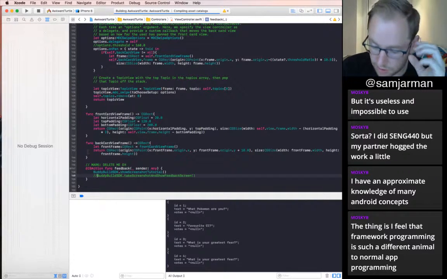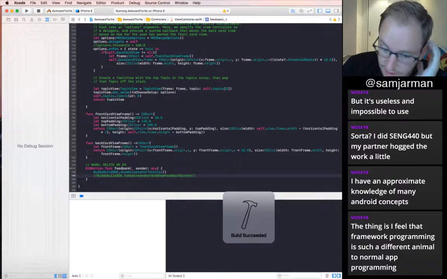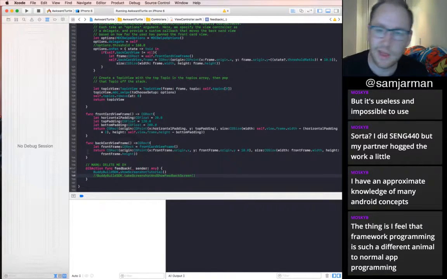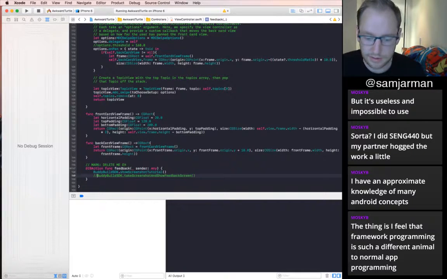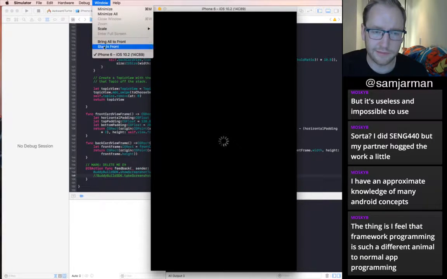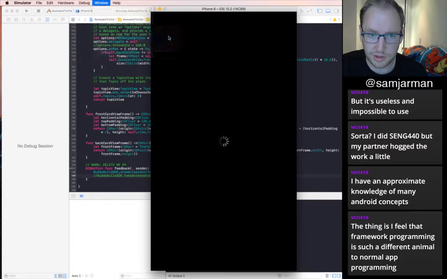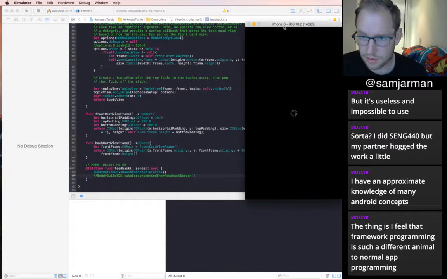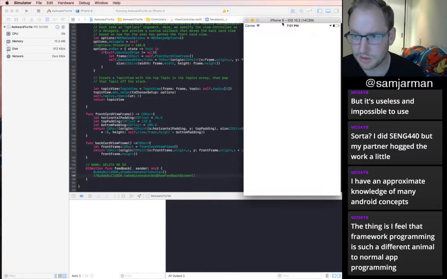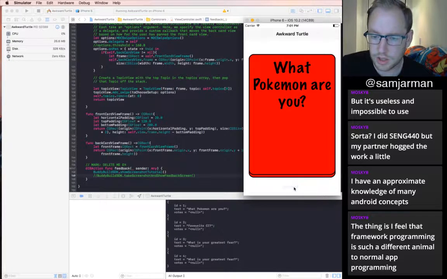I feel that framework programming is such a different animal to normal. Yeah, you'd be right. You'd be very right. Less UI to start with. But yeah, occupying space in other people's apps is different from running your own app. You're in a position where you can do a lot of damage without much power, if that makes sense. You don't have power to change anything if you break something. But yeah, the code's still the code. It's still Java or Objective-C or Swift or whatever you're running in. Cool.